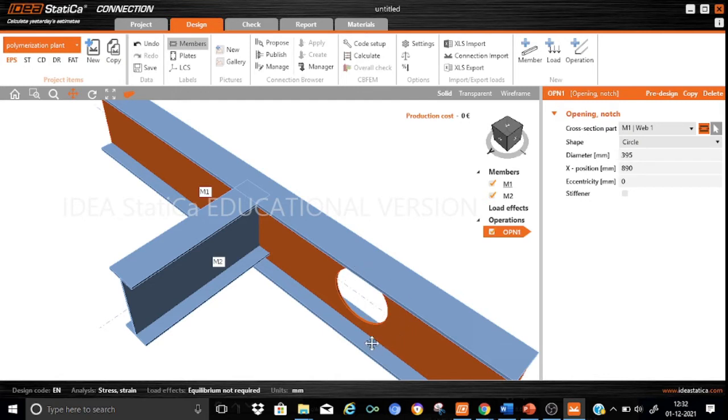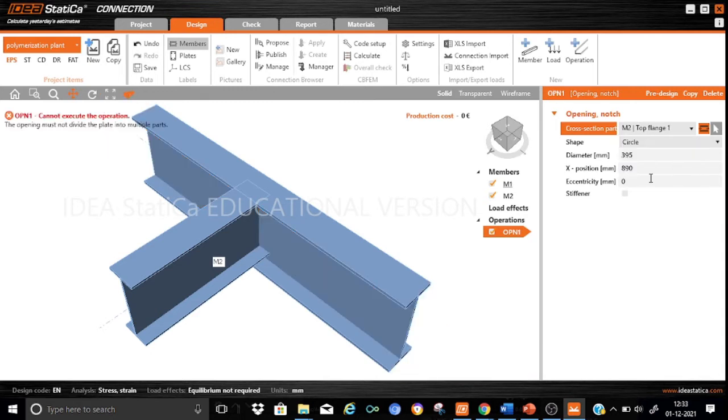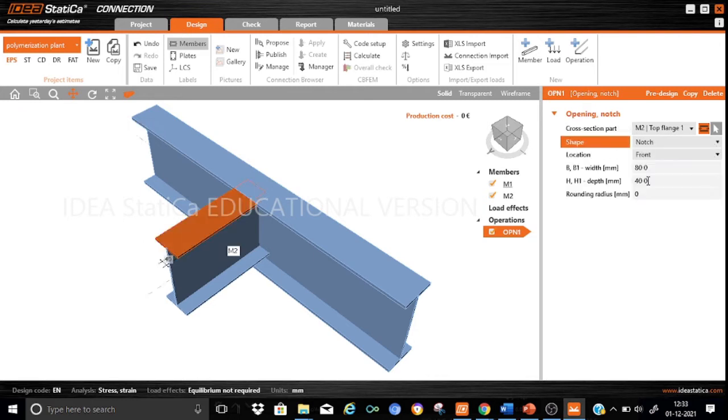It has created an opening, but we don't want an opening. We rather want a notch to be created in member M2. So what we do is that we change this. We want the cross section part, as we want a cut to be made in the M2 top flange. And in the shape, go and select the notch. So we have selected the notch, and the location we want at the front, and select the cut to be made. Based on the flange dimension of the member M2, I have taken the width of the notch as 125, and the depth of the notch is taken as